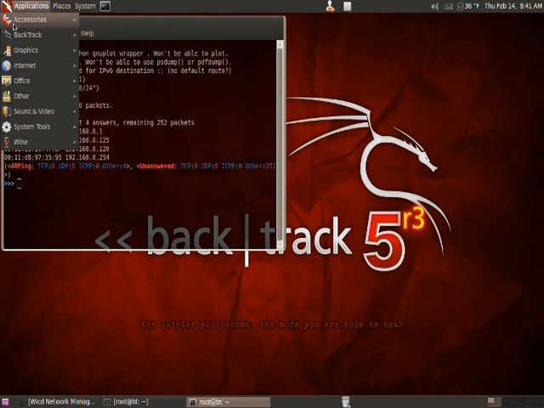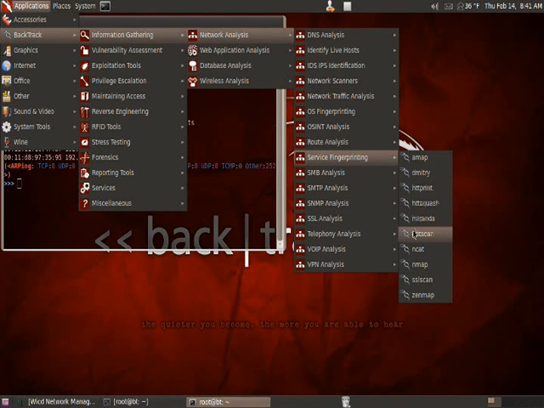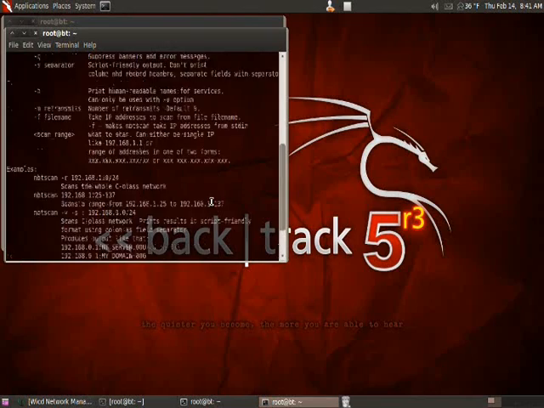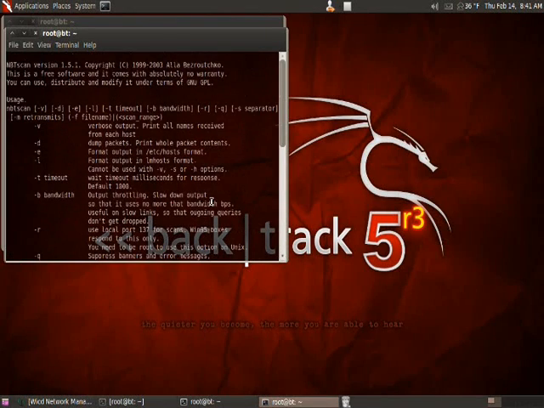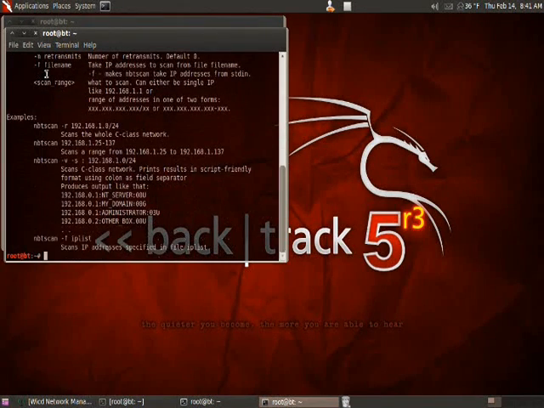So what we're going to do is go to BackTrack, Information Gathering, Network Analysis, and we're going to go all the way down to Service Fingerprinting. And we're just going to run a simple program like NBTscan. NBTscan has quite a few different switches, so take time eventually and look through them. I always like using the -v for verbose. It's always nice using -v because it tells you when there's something wrong with what you've executed. So even if you've entered the command in wrong, it'll at least tell you what you've done and you can fix it. So let's go do nbtscan